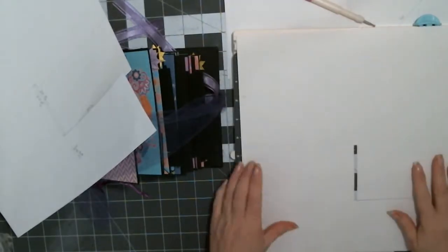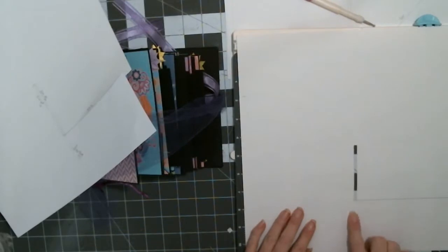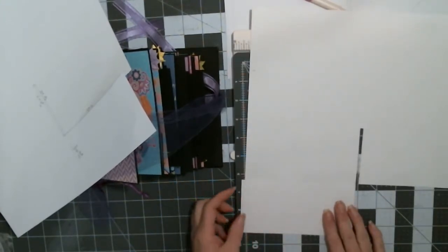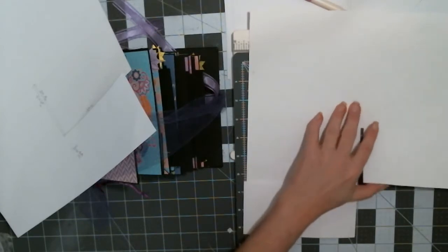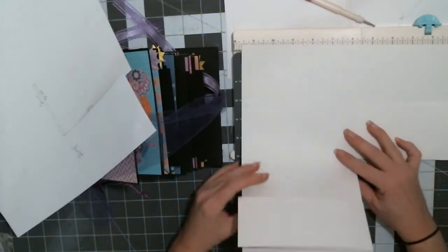So let's grab our little thing so you can see better. So now this is how your page looks. You cut at the 3-inch mark here on the bottom, and then you cut at the 5 15/16 and the 6 and 1/16. Okay? Then this one is scored at the 5 and 15/16. So this one gets folded over. Now you will have a hang off over here. That's okay, because you can just fold that over and make that the pocket section. Okay, this one is going to fold up, and you have 2 pockets. So now this one folds up,